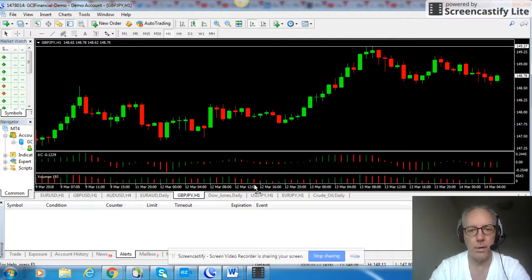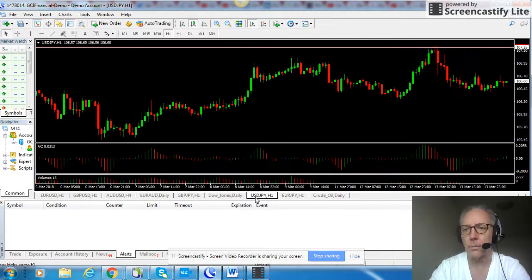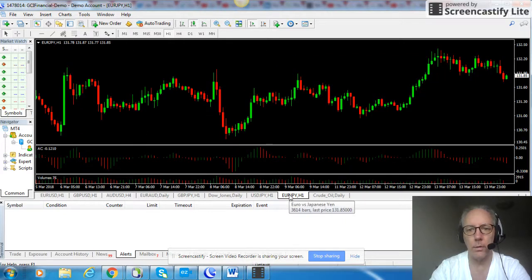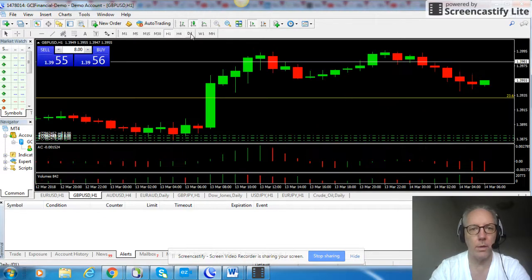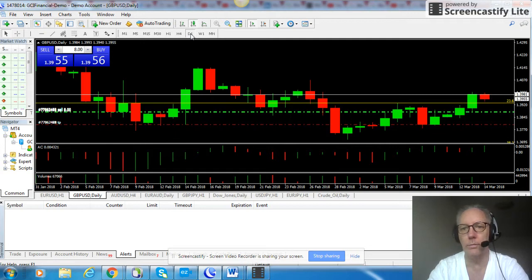The pound yen, nothing much happening there. Dollar yen, well, nothing much there either. And the Euro yen looks like that. Oil is trading 60.96, but I'm very happy with this trade on, if we look at the daily, see there's a bit of